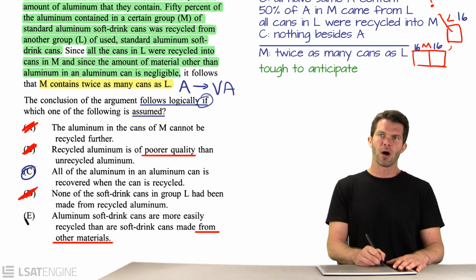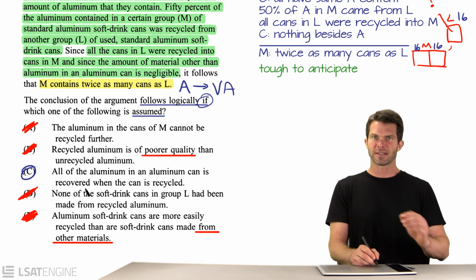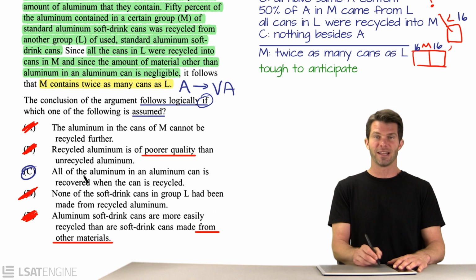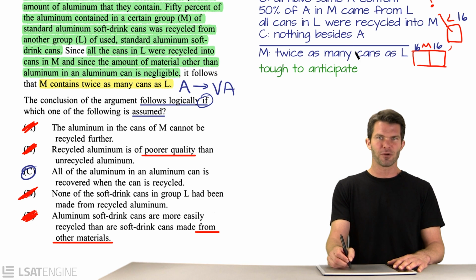So really, we're almost treating this like a strengthen question. We were looking for the answer choice that was helpful, and then the secondary thing is, well, I can see how that helps. Does it also guarantee the conclusion? And C is doing the job. We were 90% of the way there to begin with. The premises were pretty good here, but C is that last little step that we need to guarantee the conclusion.